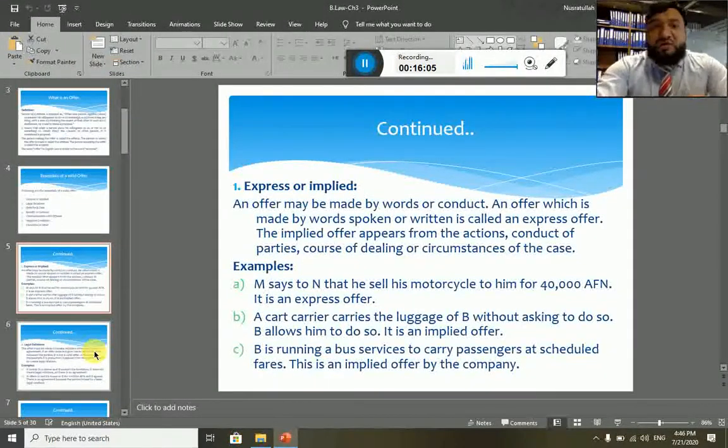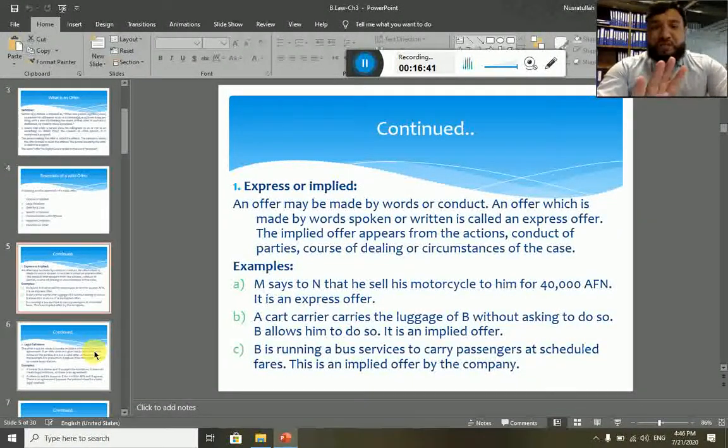An offer may be made by words or conduct. The words could be spoken or written, as I earlier mentioned. An offer which is made by words, spoken or written, is called an express offer, while an offer made by action is called an implied offer. The implied offer appears from actions, conduct of parties, course of dealing, or circumstances of the case. So there are 3-4 things: action, conduct of parties, course of dealing, and circumstances. These 4 things